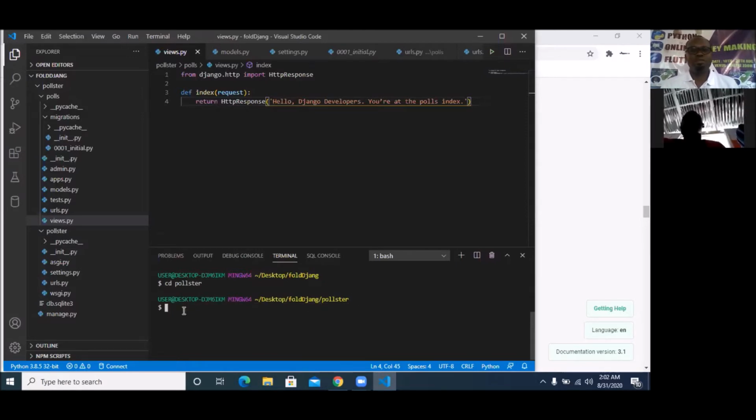So I'm there and I'm going to run the server. And to run the server, we already know how to run the server. We use python manage.py runserver. So that is how you run the server. We want to run the server to make sure that everything is up, because once everything is up, that's when we can start effecting the changes and everything will work perfectly. So I hope you are following up.